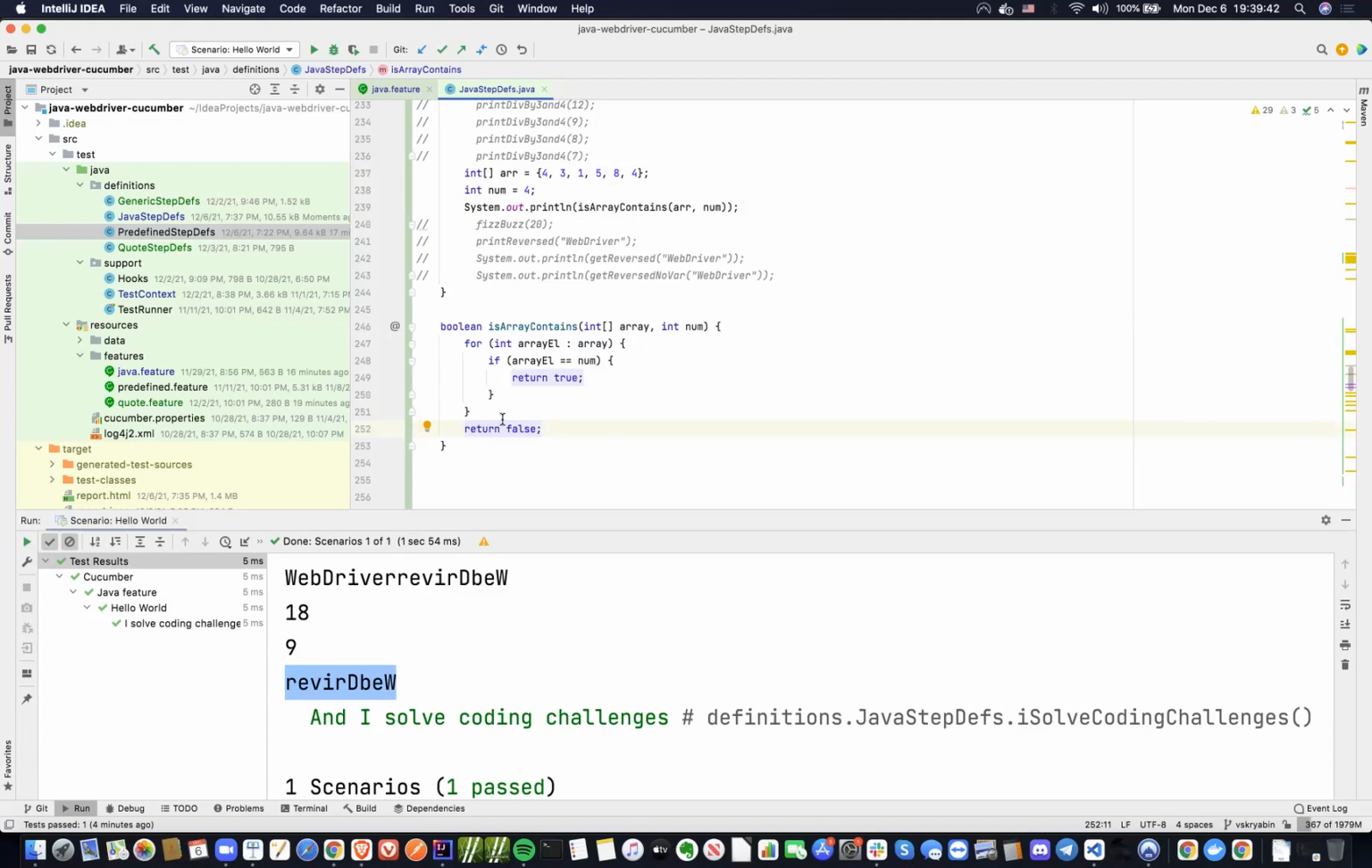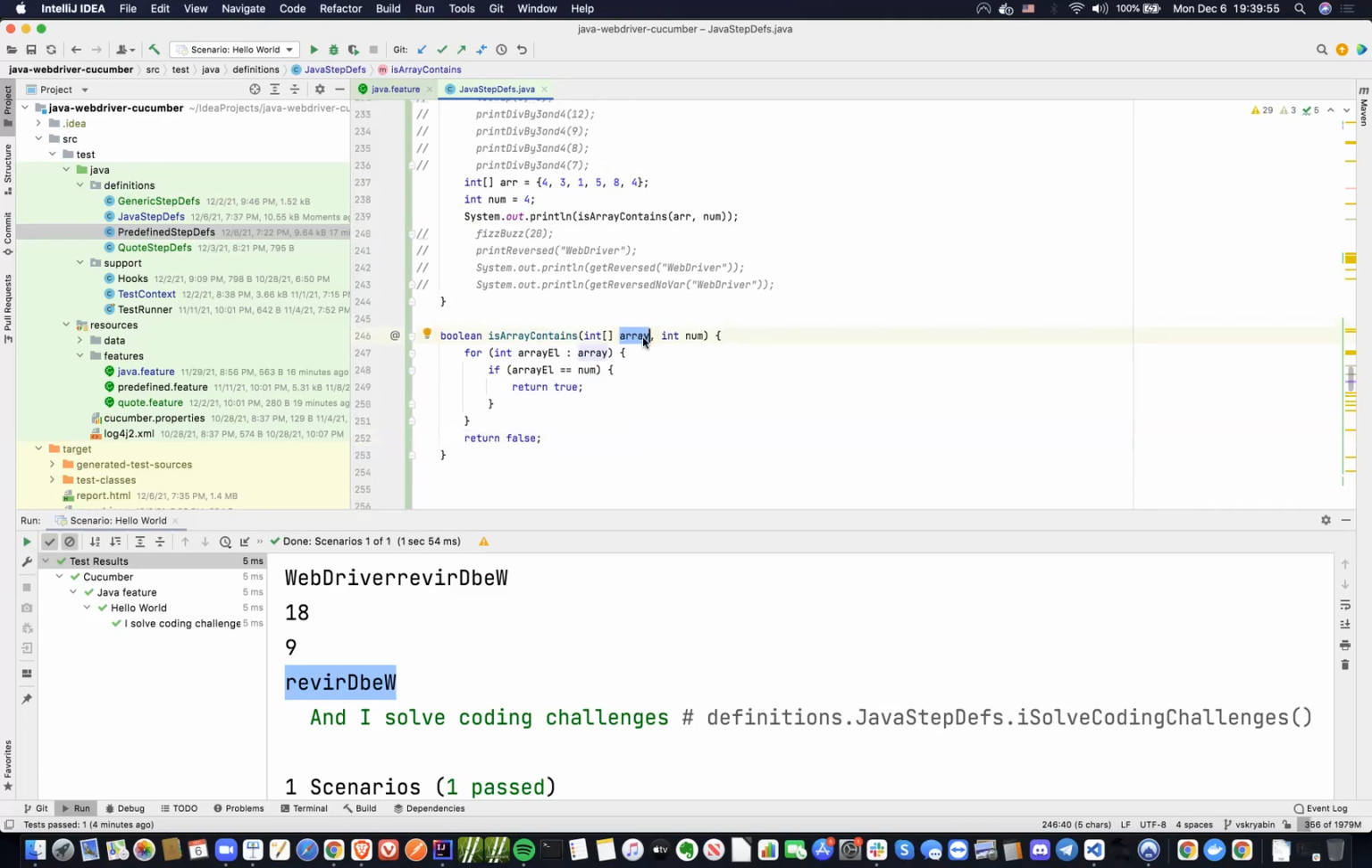against any type of data? Say, what if it's not really an integer, but a string, an array of strings? Let's modify this. How do we go about it? Okay, so if it is an array of strings,